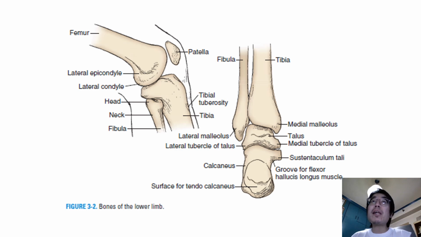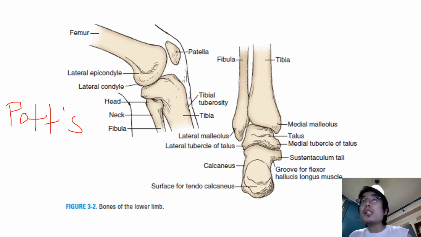We have several important clinical correlates for the bones mentioned thus far. The first we will discuss is a fracture called Pott fracture, also known as Dupuytren's fracture. Pott or Dupuytren's fracture is a fracture of the lower end of the fibula over here. It is often also accompanied by fracture of the adjacent medial malleolus of the tibia or rupture of the deltoid ligament. The cause of Pott fracture is usually forced eversion of the foot.